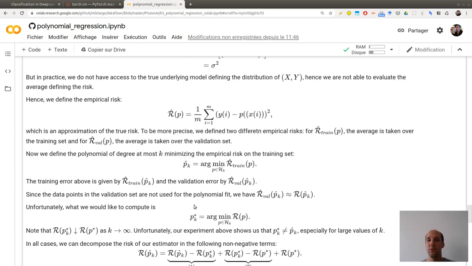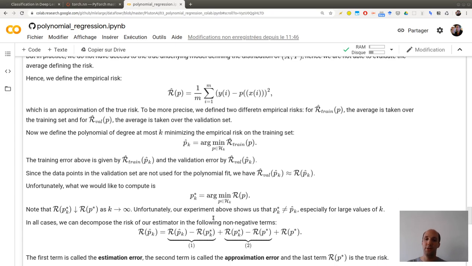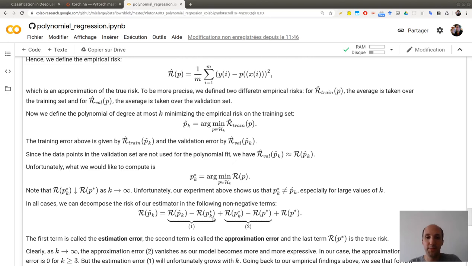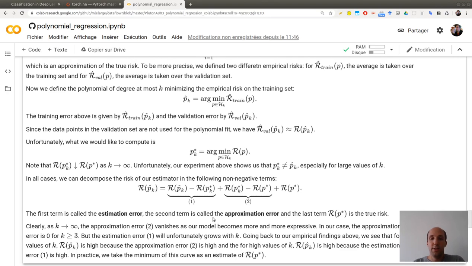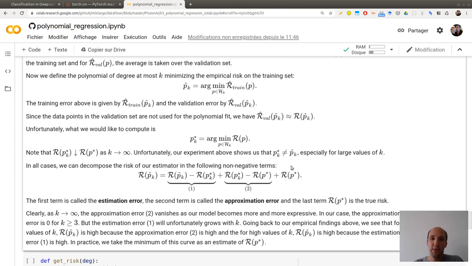What we want to compute is not this p̂_k, but this p*_k, which is the minimum of the true risk on all the polynomials of degree at most k. What we show in our experiment is that, unfortunately, this p̂_k and p*_k are not the same, especially for large values of k. And most of the time, people